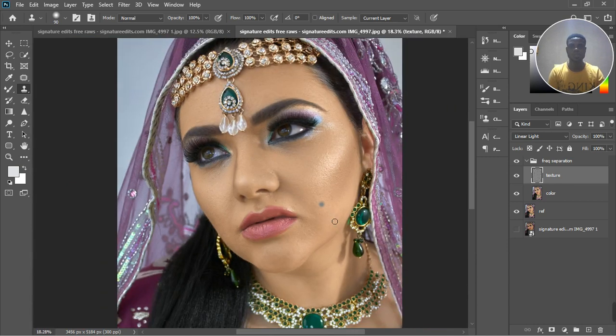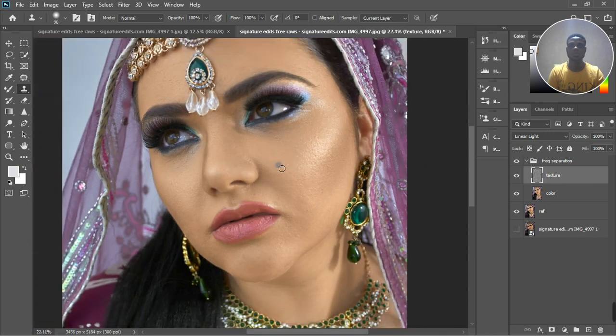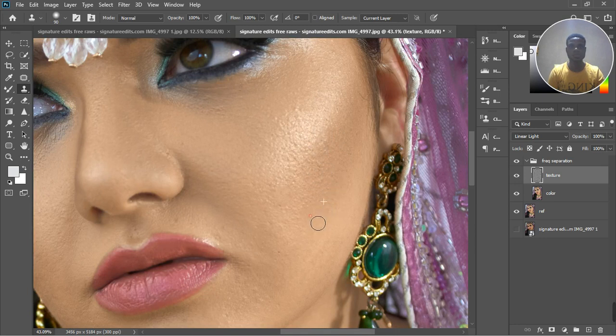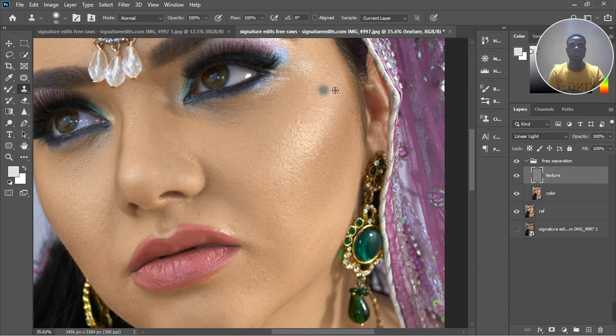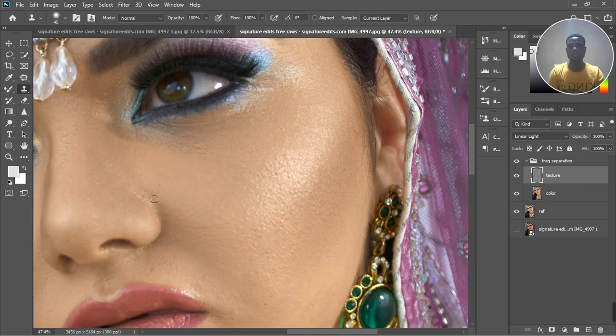Okay, so let's go back. I think we need to blend this place more too. Okay, but let's finish that, let's just continue first of all and fix some places with the skin texture. I like it smooth. Okay, just a little bit. You can see some blemishes right here. And then we have something like this. Play with